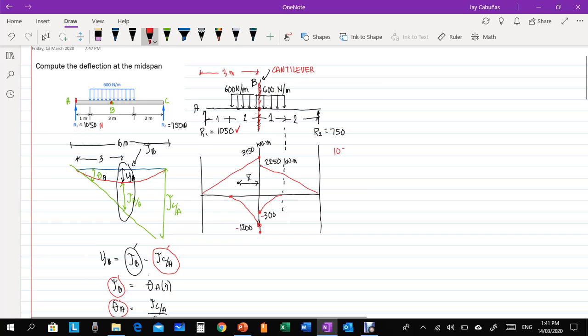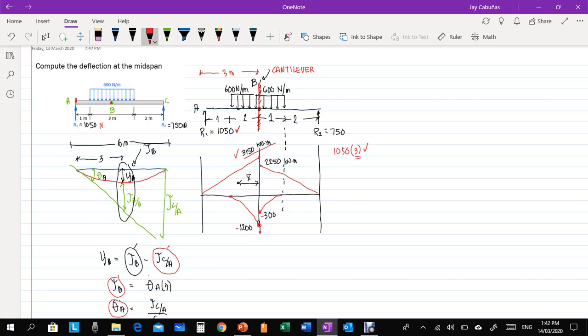Just 1,050 times 3, then times the moment arm, we have 1.5, and that equals 3,150, I guess, right? 1,050, sorry, mali. It is just 1,050 times 3. Since it isn't a uniform load, you don't need anything else. It is just the moment arm. So this one. Then we have